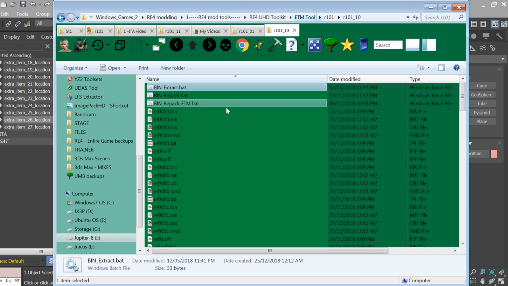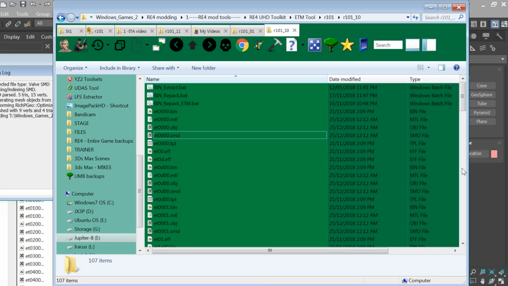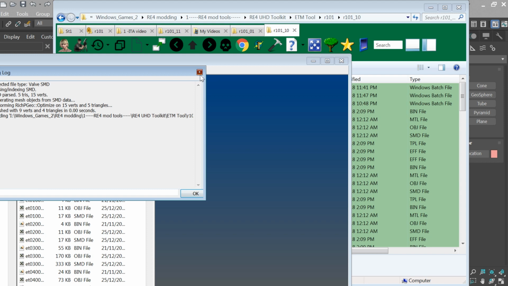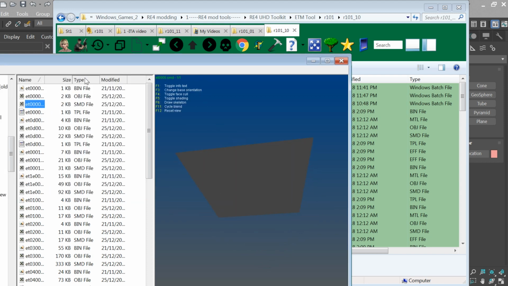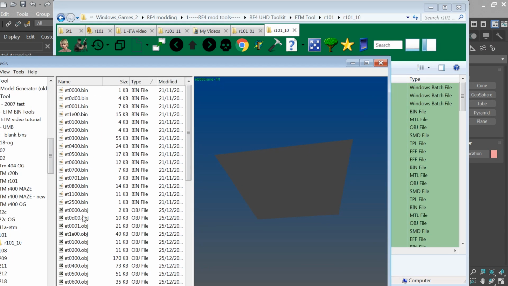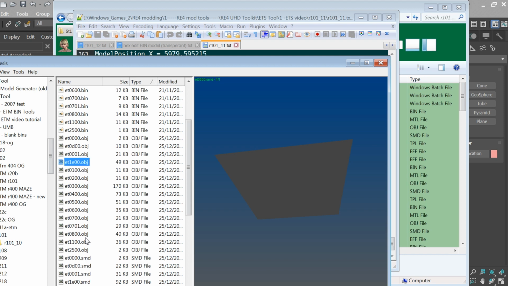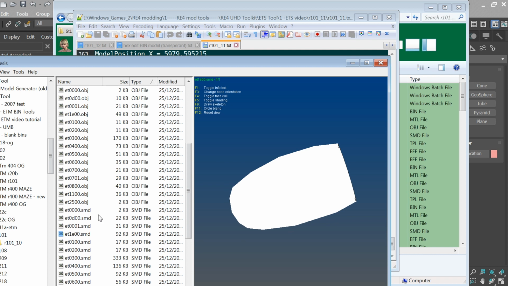This is the ETM file that has all the models of the breakable things and movable things, like ladders, torches, and whatnot. So if we look at these models in Noesis, what did our text file say? This is model 1E. So 1E here, ET1E? Yes, it's a barrel there. I think, yeah,